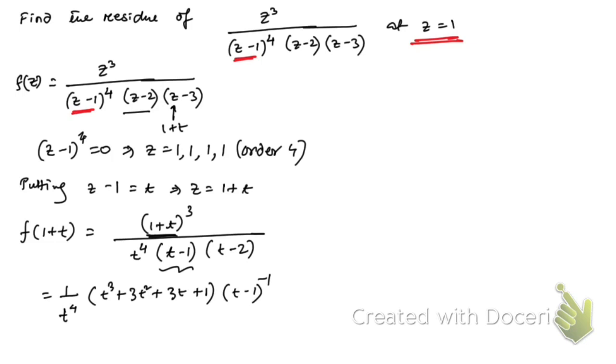Here we're going to apply the binomial theorem, right? And this can be written as t minus 2 whole to the power minus 1. Now what we're going to do, we're going to take minus 1 common from here and minus 2 common from here, and doing that, what we're going to get